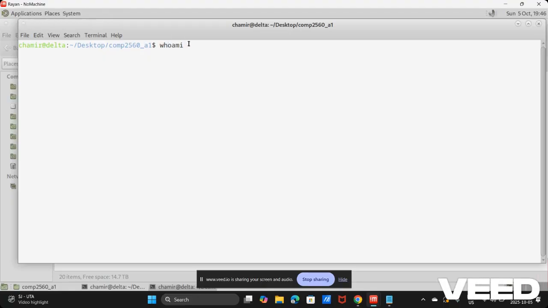Let me show my username. If I use this command, you can see the machine shows Shami R, my name, my username for the university, and I'm currently in my com2560_assignment1 directory on the CX Linux server, and here you can see all the seven